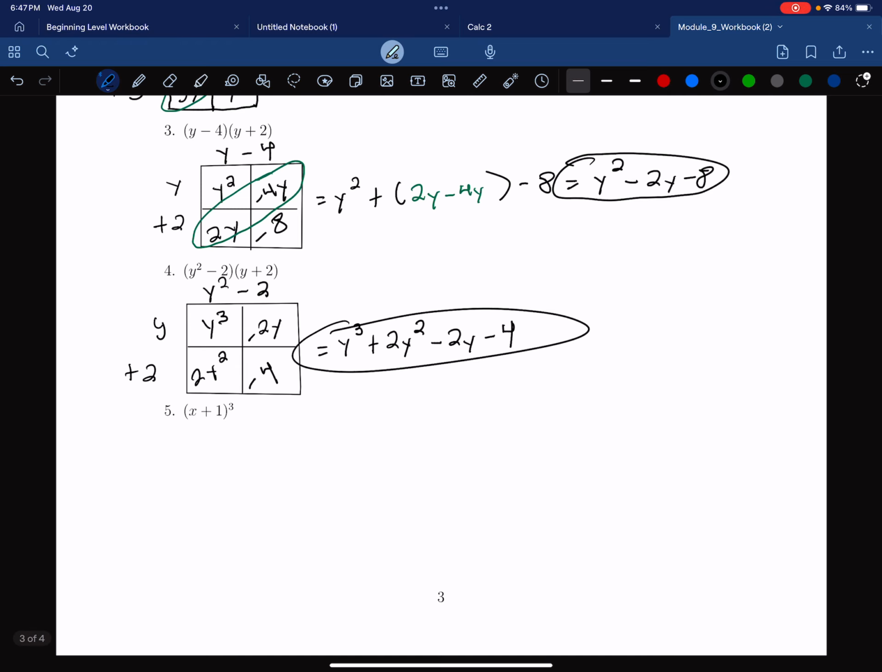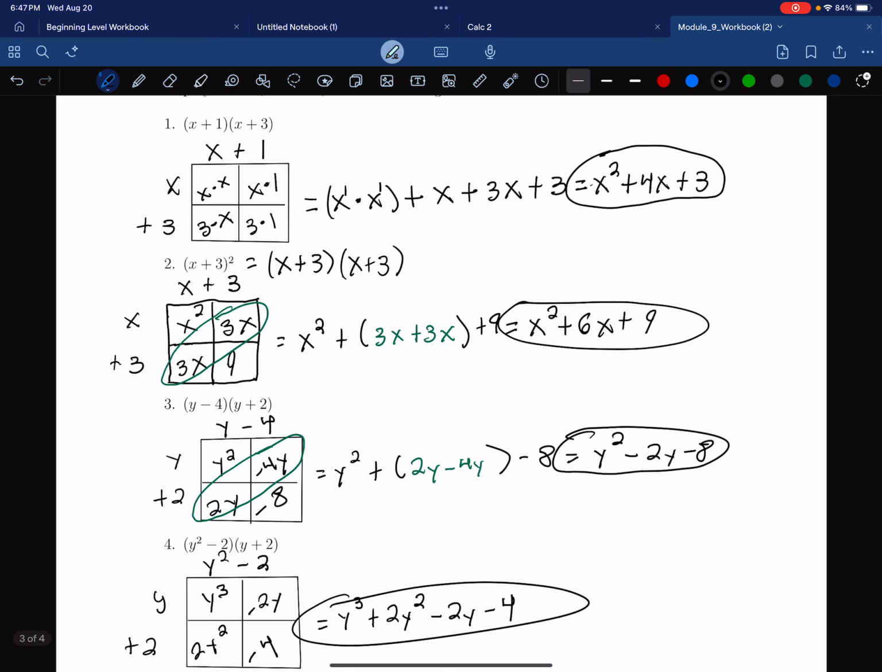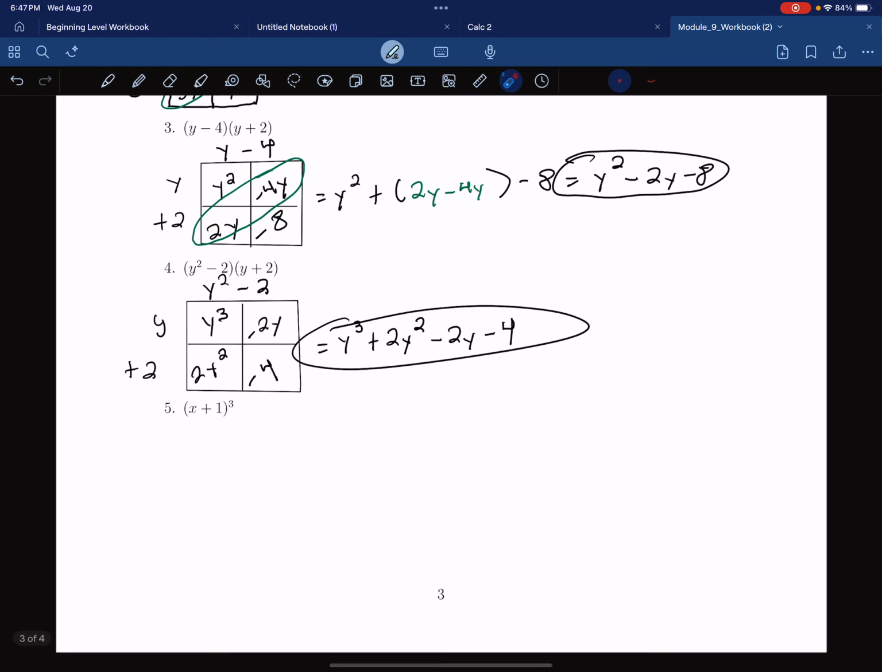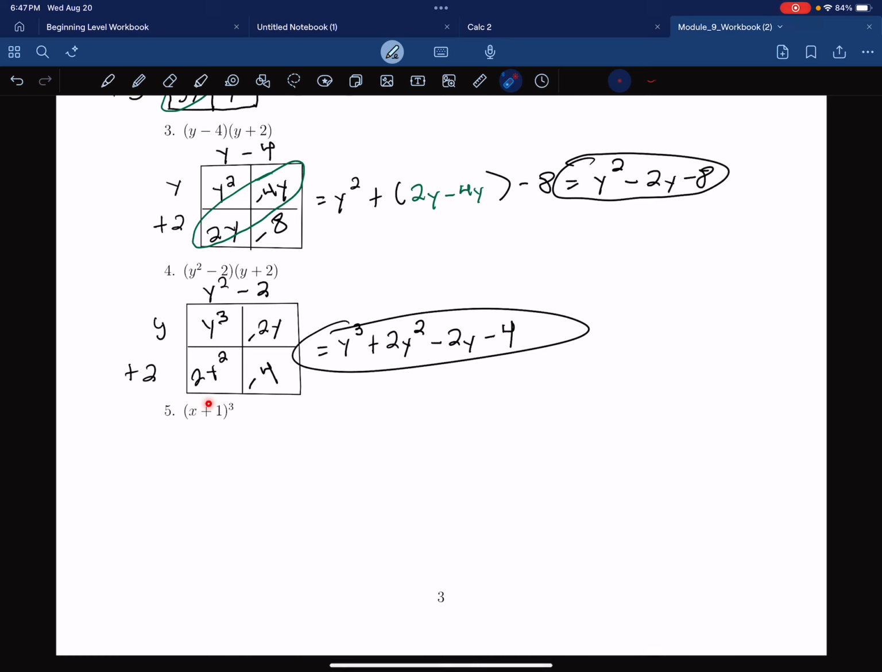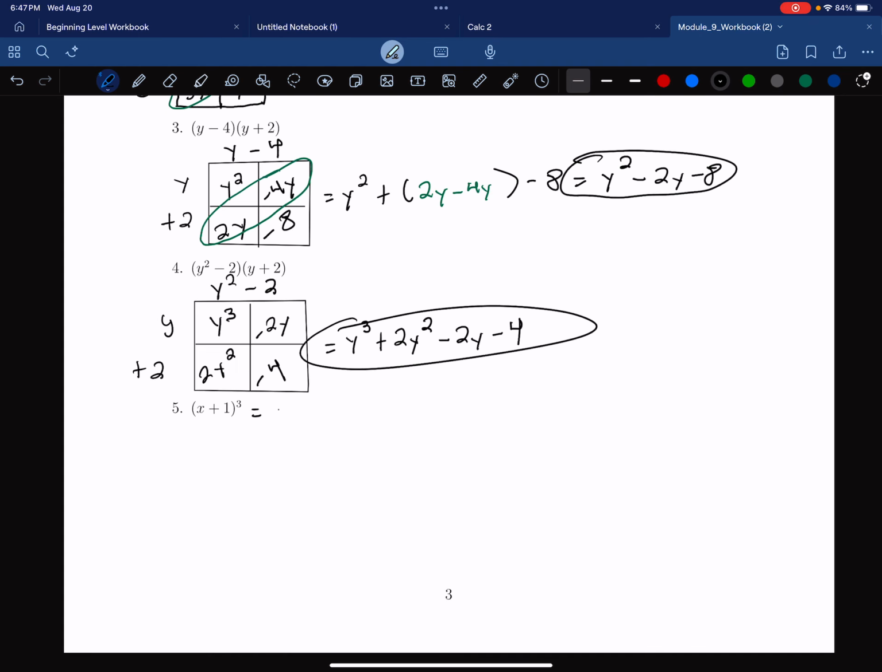Alrighty, so looking at our final problem of this section, we have x plus 1 cubed. So remember, like we did in example 2 here, x plus 3 squared means we just multiply x plus 3 by itself 2 times. In this case, because we have x plus 1 cubed, we're going to multiply x plus 1 to itself 3 times rather than 2 times. So x plus 1 cubed equals x plus 1 times x plus 1